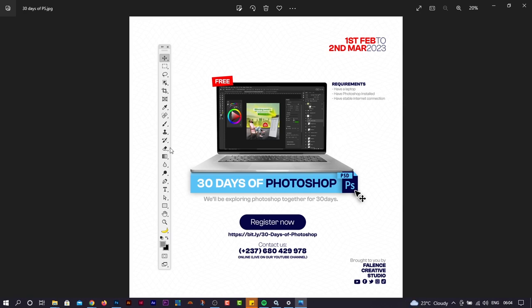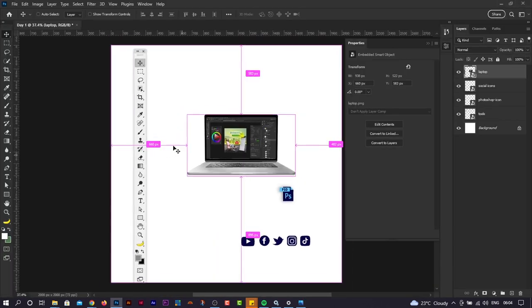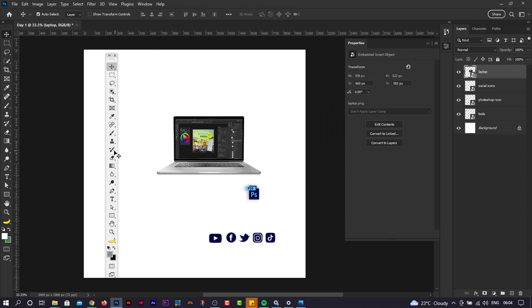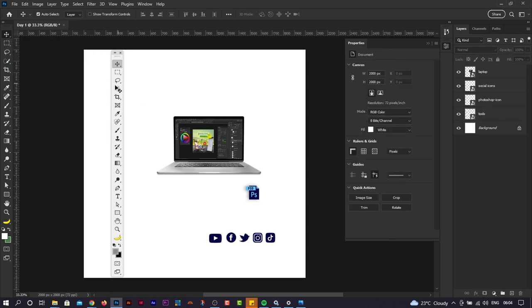Notice that the tools does not fill up the entire height of the design. So let's come back here and let's click on this, and let's drop the size of this. So how do we drop the size of this tools image here? Simple enough. We need to transform this image here, right? And there are two ways to get that done. The first one is while on the move tool here, right? Make sure you click on this